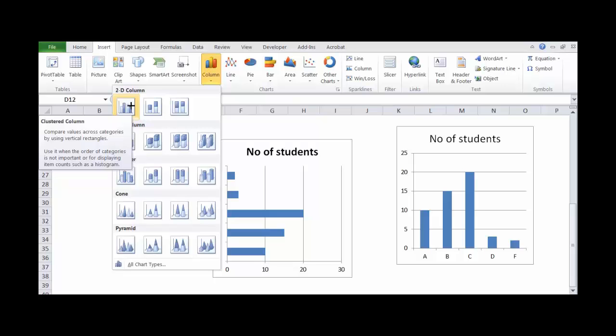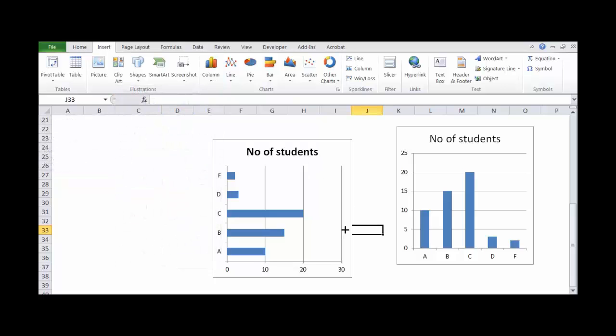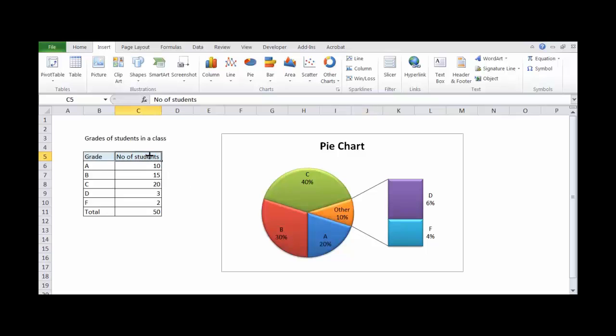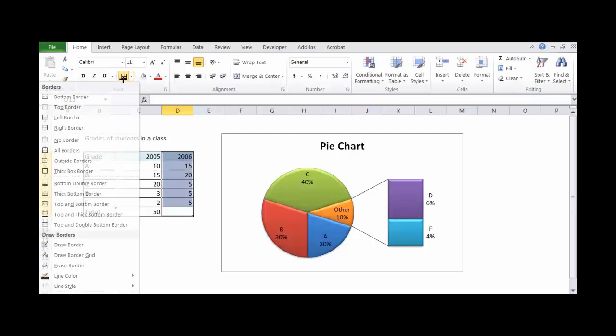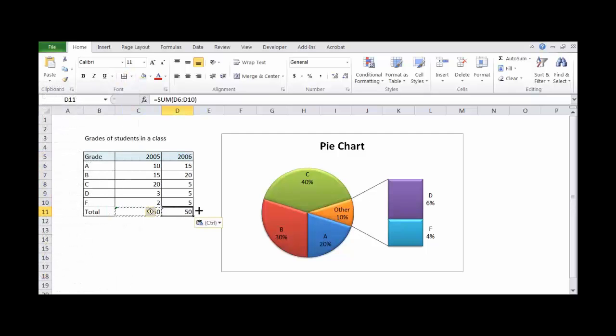by using vertical rectangles. So suppose you want to compare students, okay, let's say you have the year 2005 batch and then you have the 2006 batch of students. Let's say some random numbers I am picking, let's say 15, then 20 students, then 3 students, or 10 students, or 5 students, then 5 students and 5 students. So these were the students you had in 2006. Let's say this was the number of students. Okay, so this is how we represent it.